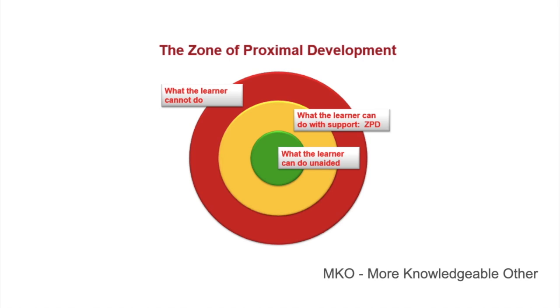The zone of proximal development is a model that shows how a child can develop more fully with support, such as with the support of a more knowledgeable other,